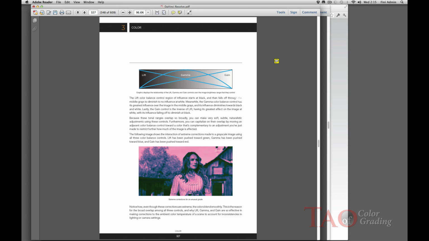all right, lift, gamma, gain. How do these controls work within the tonal range? Beautiful. A great diagram showing what I've always known to be true, which is lift has an effect all the way up through, almost including the brightest whites, and gain has influence almost down through the darkest blacks, with gamma having this kind of influence throughout the entire range. I've always known that to be true, but this is the first time I've seen a graphical representation of how